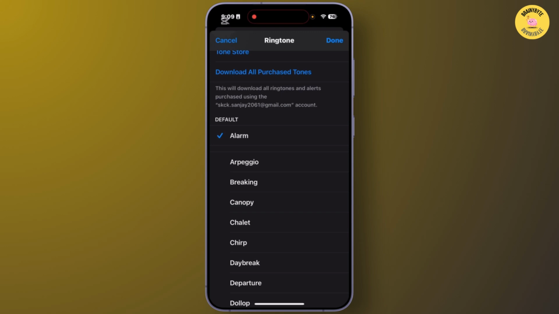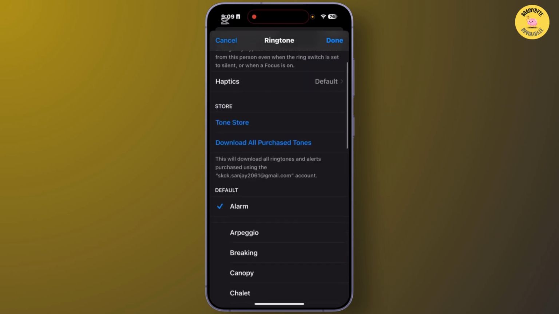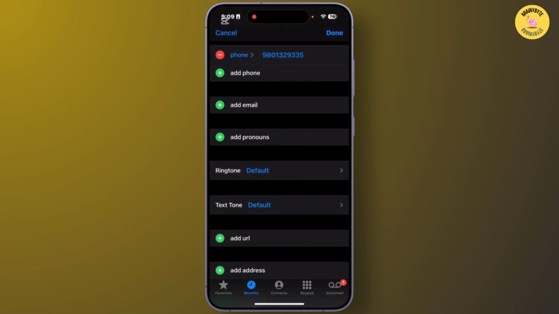After you choose one from here, you'll have to tap on the Done option at the top right corner. After you do this, you will easily be able to set a different ringtone for your specific contact